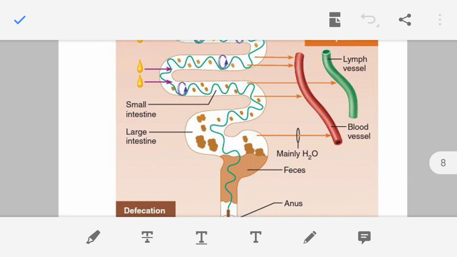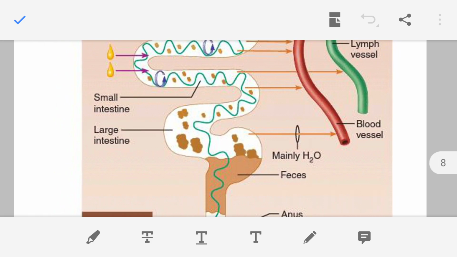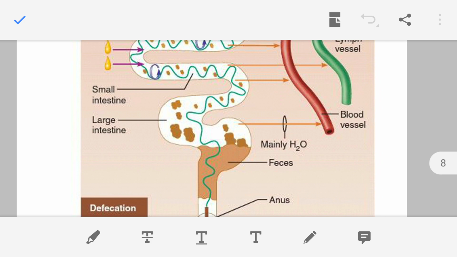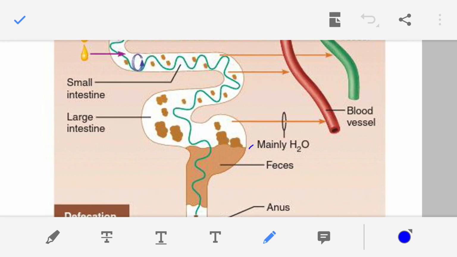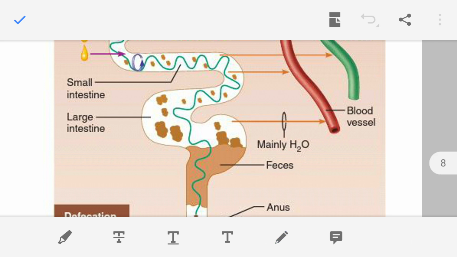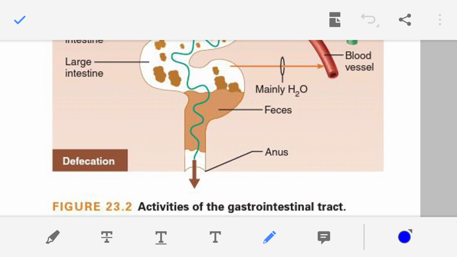Then in large intestine, what is happening? The undigested food is there along with the digested food, and from this food, the water molecules are absorbed. So now what is happening from large intestine? The undigested food, then the waste material, then the bacteria, all this thing, and the cells which are sloughed off